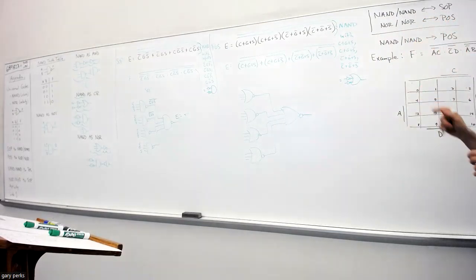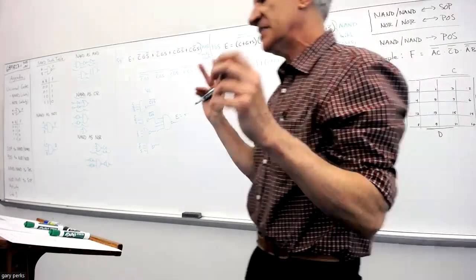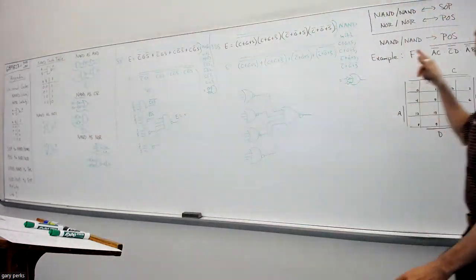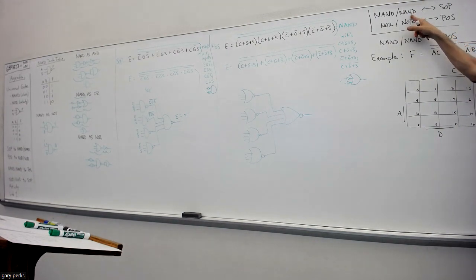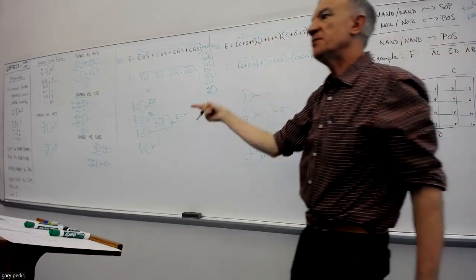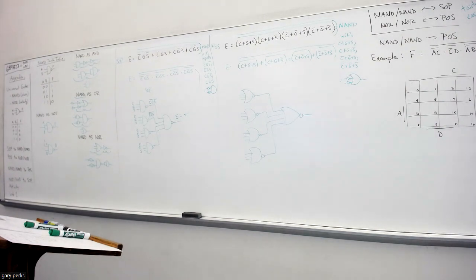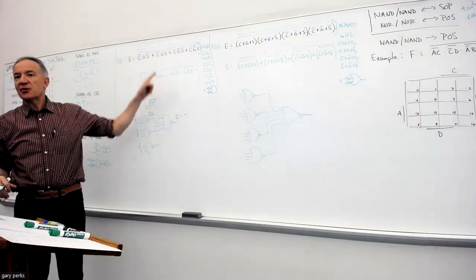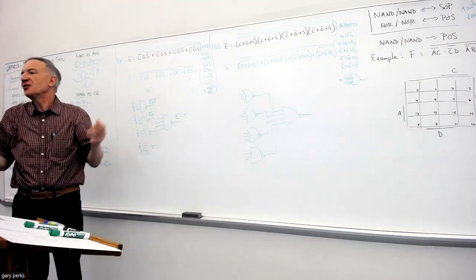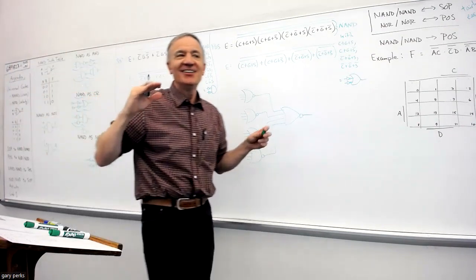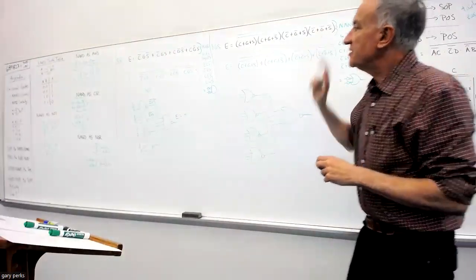Okay, so now I realize the first time you do anything, it's not necessarily easy, but relatively speaking, NAND to SOP or SOP to NAND and NOR to POS and POS to NOR is fairly easy. I mean, if you compare it to what we had to do to go from SOP to POS and POS to SOP last week, remember that took 2 De Morgans, right? It took 2 steps involving De Morgan. This only requires 1 step of De Morgan. So if you're considering level of ease, this is easier than that. See, also,